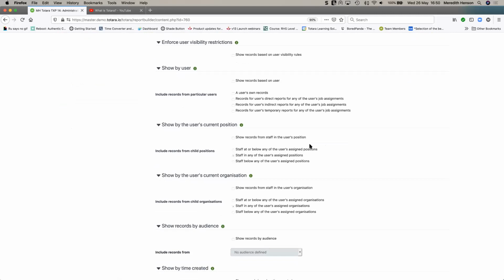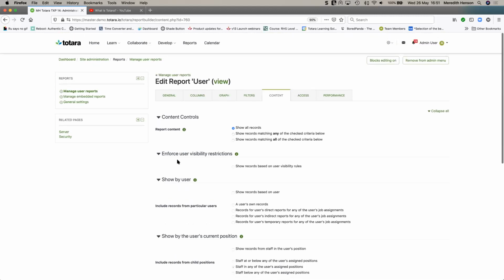When that regional manager clicks on that report, if you've got those filters in place, in this case maybe by organization, they'll only see those staff or that information in relation to their specific region when they view that report. That means that you've got user context applied to all of the reports that you generate across the system, provided you give Totara the information relating to those users.